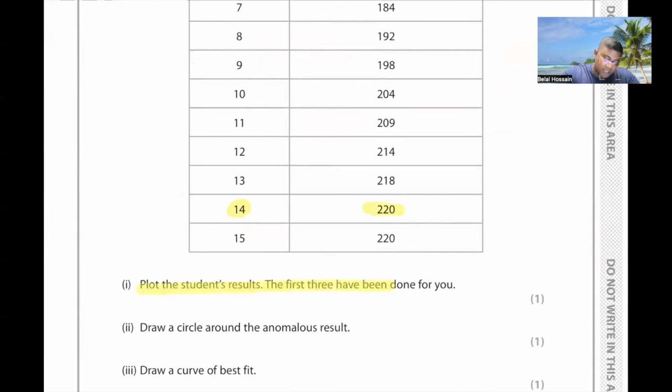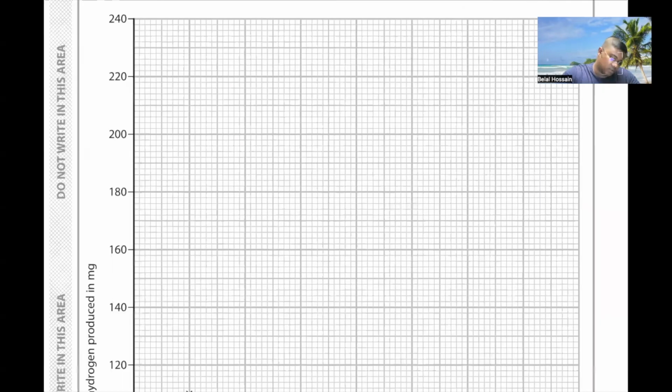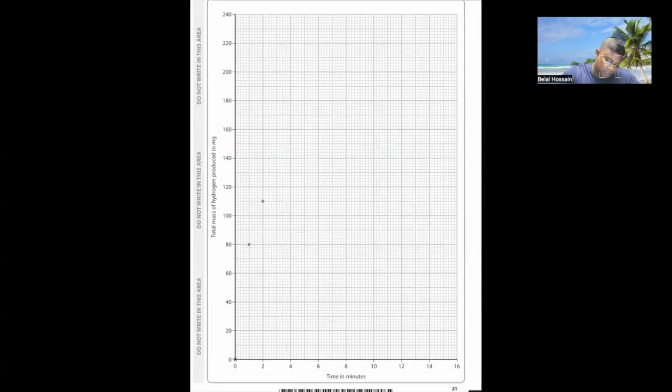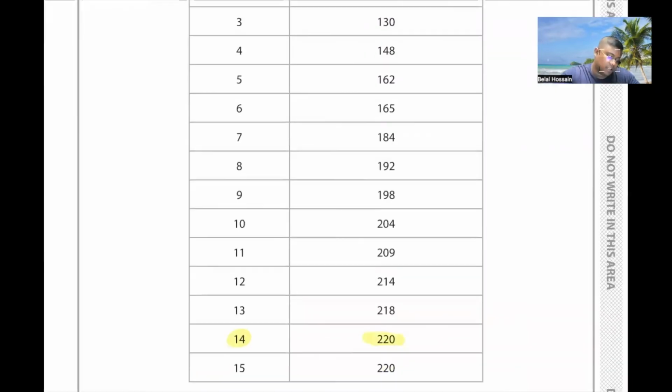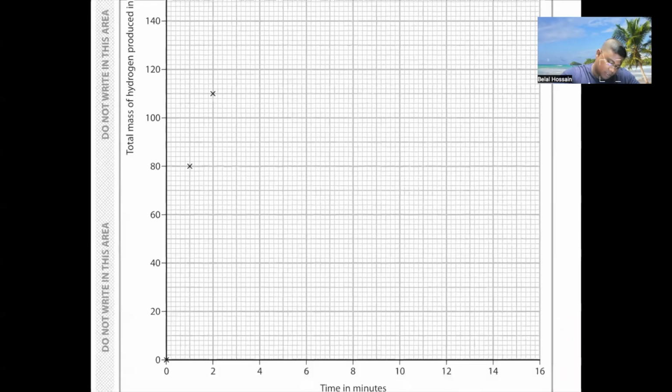The first three have been done for you. We can see the first 3 points have been done for us already. So time in minutes, 3 minutes, 130. So this is 3 minutes, and then we have 130, which is going to be here. After that,